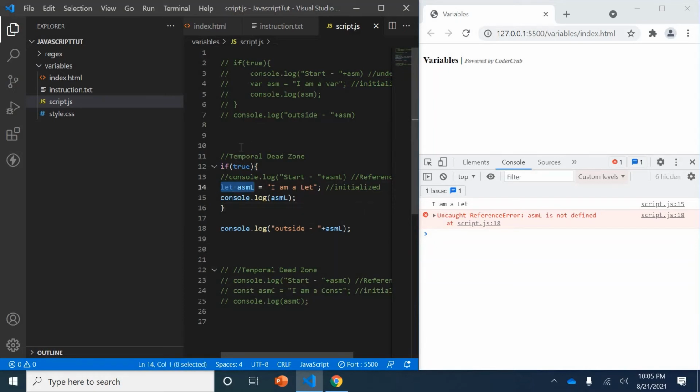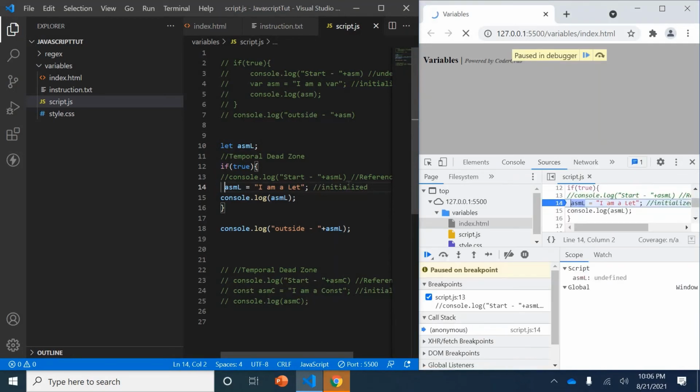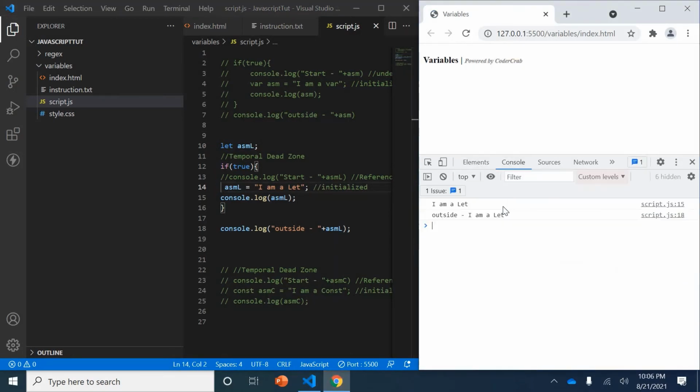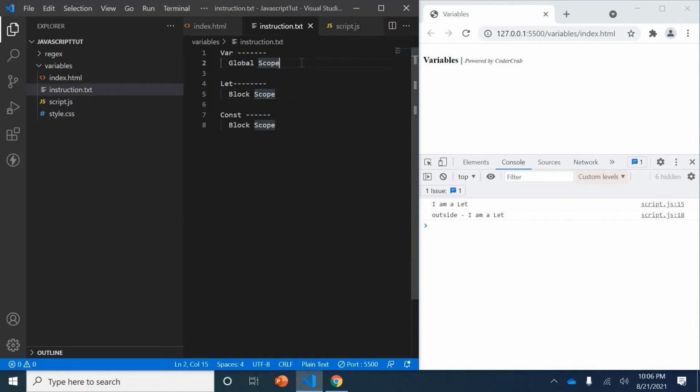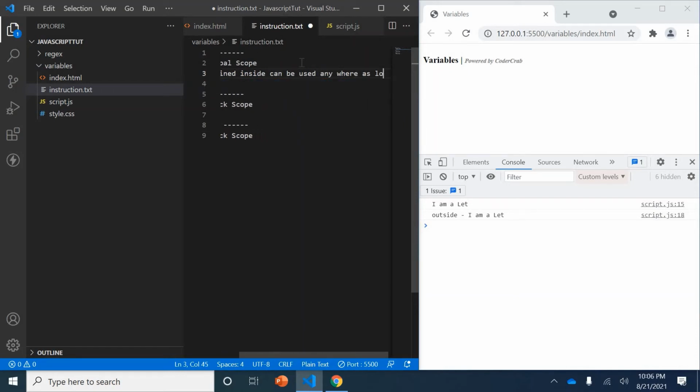Okay, let's take it out and just keep it this way. Let's see. Clear, no issues. You have defined outside, you have initialized inside, and you are printing outside as well as inside, it doesn't matter, it's okay. So this is for let. If I put it here, no issues, as it is global. This one point we can see is pretty much different.